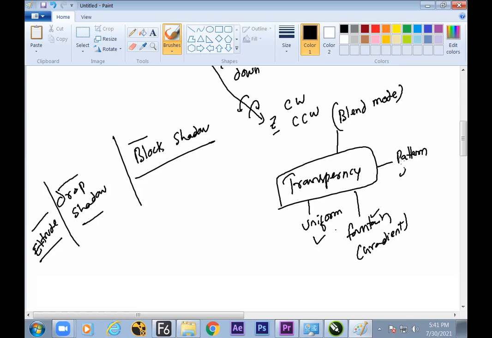So 1, 2, 3, 4. So let us see now on Corel how it is changing the modes and how the impact changes. Subtract over white, all right, red and green mixed together. Screen. In order to see the math, start here. Red plus green is equal to yellow. Hope this math we have already learned in the previous sessions. This is the color story.